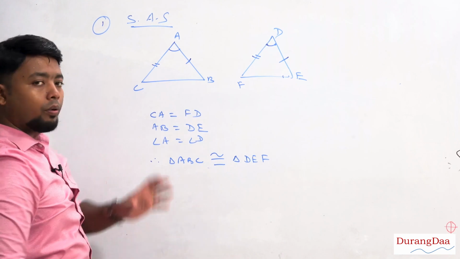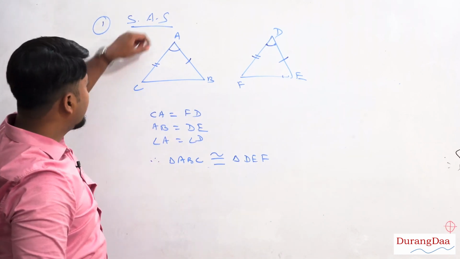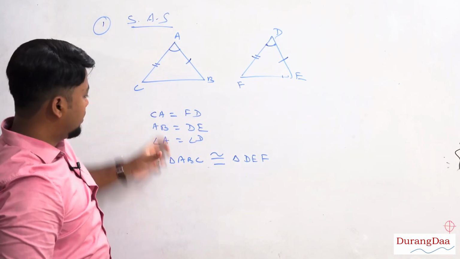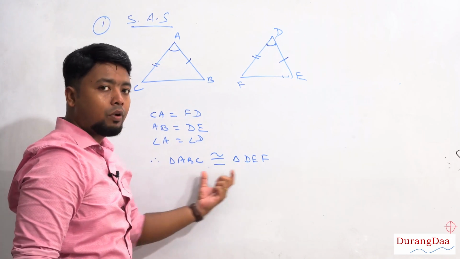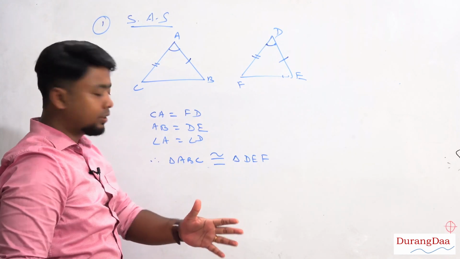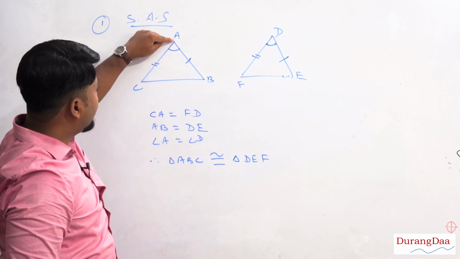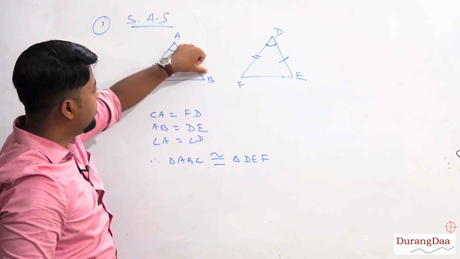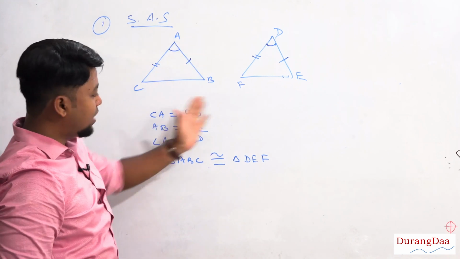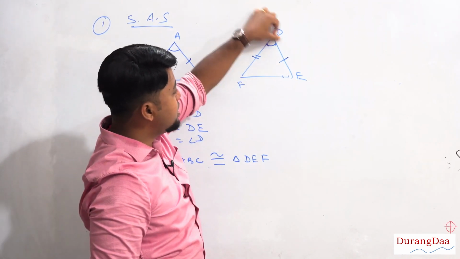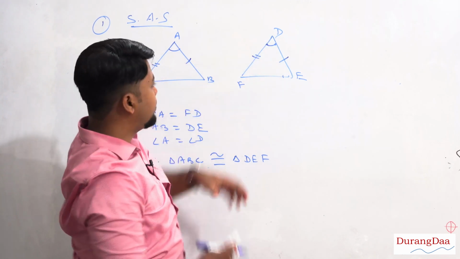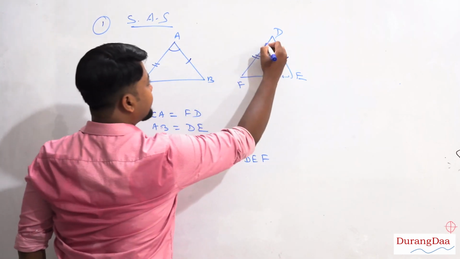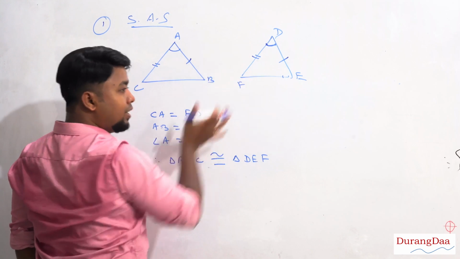All right. Now, one more important point, the way I am naming the triangles is very important, otherwise you will lose marks, okay. What I have written, triangle ABC, pay attention to the vertices ABC, I wrote this way, and the other triangle the same way, DEF, right, because I have selected the corresponding sides.